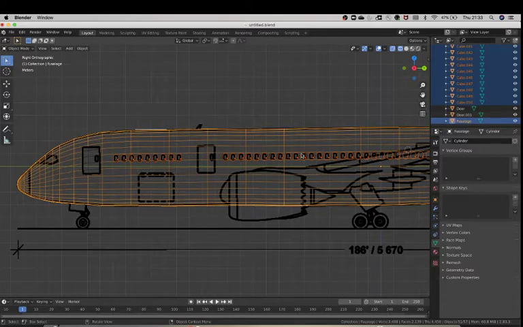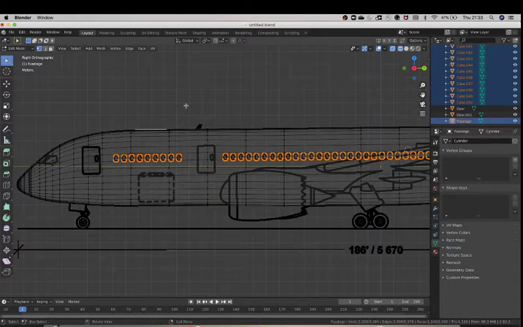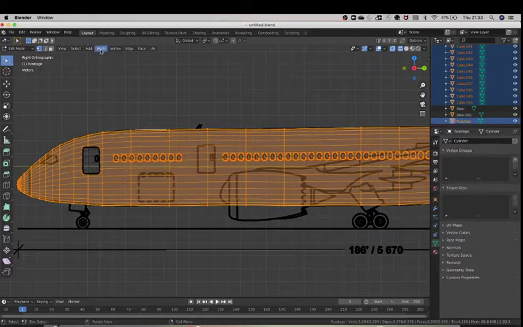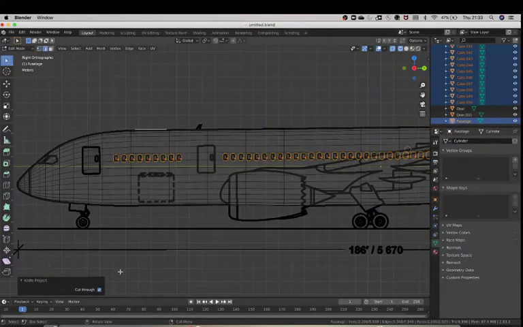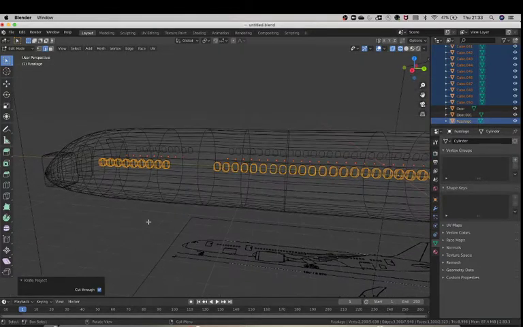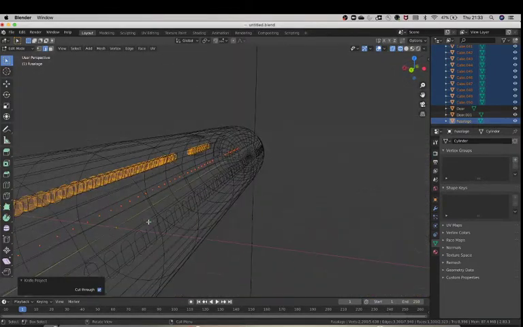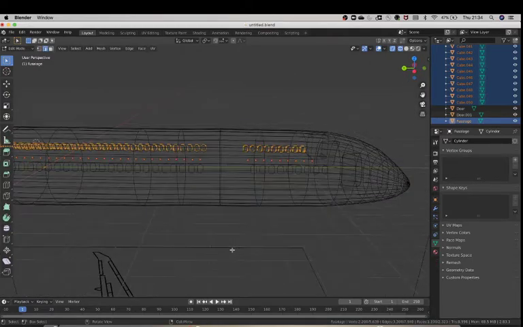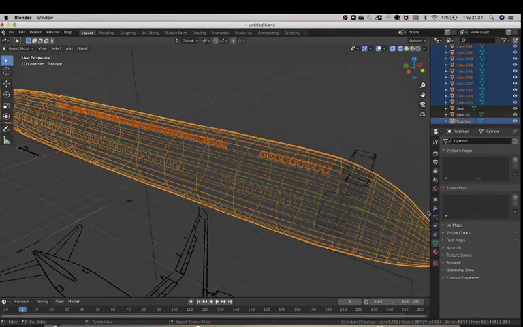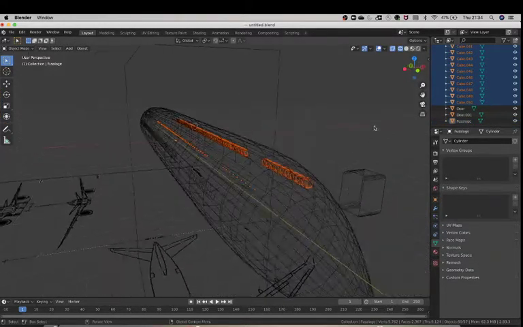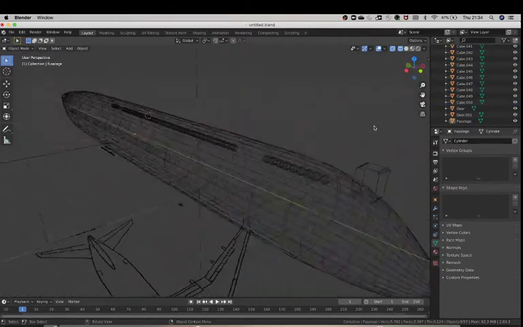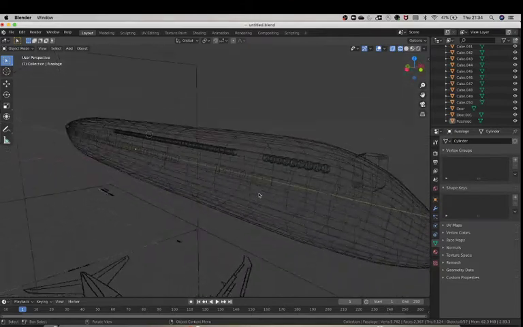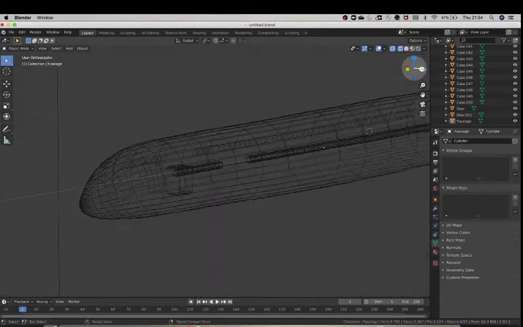So then go into edit mode, so tab, select everything using A, mesh, knife project, cut throughs on, and once you've done that, you should see your beautiful windows here. Lovely. Now actually, when this happens, what you can do incredibly quickly is deselect your fuselage, and you're gonna see your windows. So now you just have to follow the same steps again. You have to click on all of the windows and separate them, and this actually follows for pretty much everything,